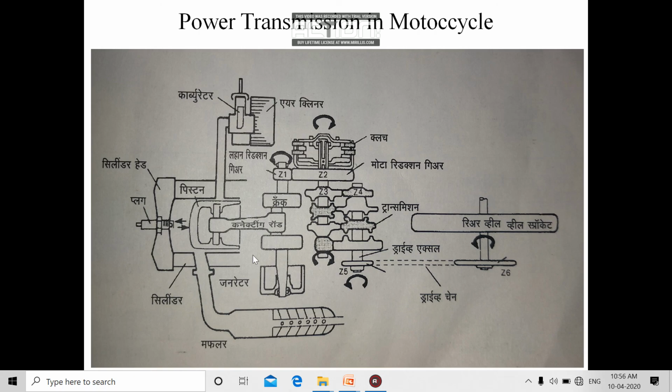Suppose this is our self start motor. Through this motor we are driving a gear present behind the magneto. This is a pinion coming out from the self start motor. This rotating ring is fixed with the magneto. If the magneto rotates, the crankshaft rotates, the connecting rod conveys that power to the piston, the piston is supposed to reciprocate, and the initial cycle is done.